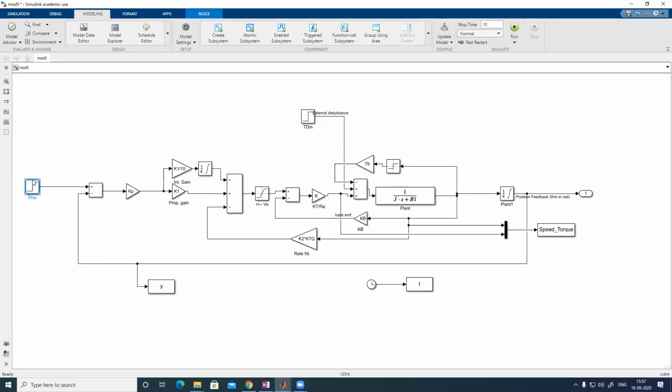That is why you give step input for various amplitudes in a non-linear system. For a linear system, you give 1 volt, it is fine. 1 volt or 100 volt, whatever you give, the response will be the same. So in a non-linear system, the input also matters.